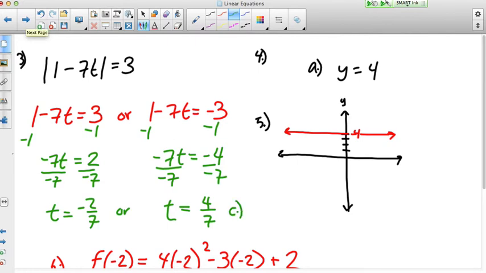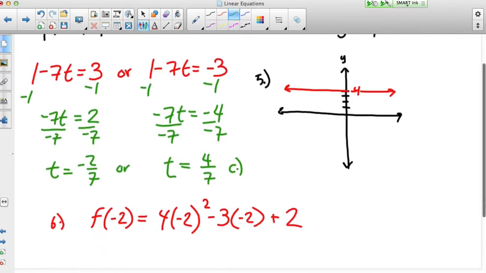Number 4 said, which of the following lines is horizontal? Horizontal goes side to side, from left to right, or through the y-axis. So the answer here would have been A, y equals 4. And then for number 5, if you want to graph that line, you have to show a straight line that goes across or through the y-axis at 4. Number 6